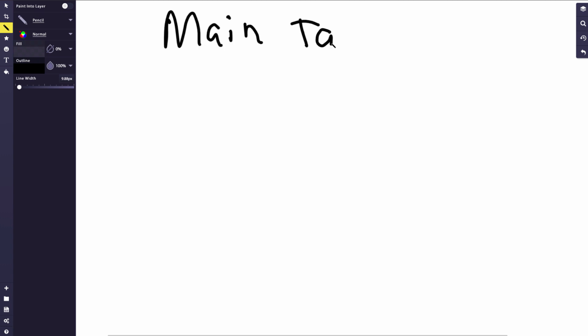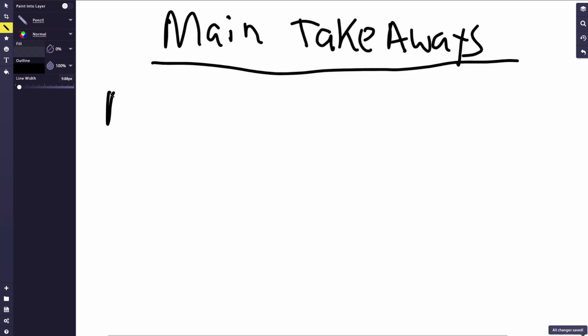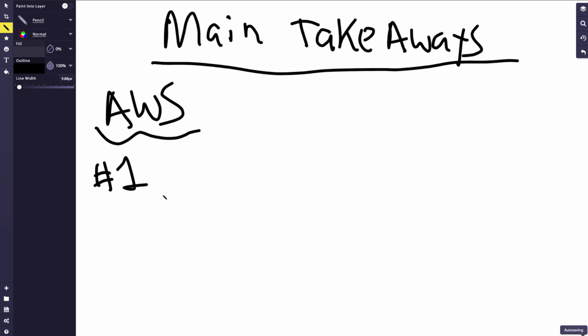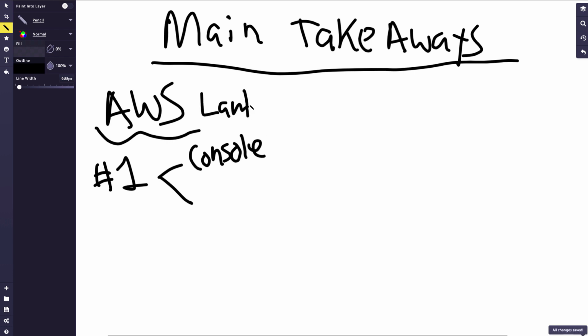AWS is probably the least complex to deal with in terms of the smoothest place to build things. There's less that can go wrong. So maybe this is a good place to start if you want to experiment with serverless, and probably the two places to start as well would be just the console. That's not a bad place to play around with building Lambdas. There's a lot less that can go wrong. And then the second would be the Cloud9 environment,